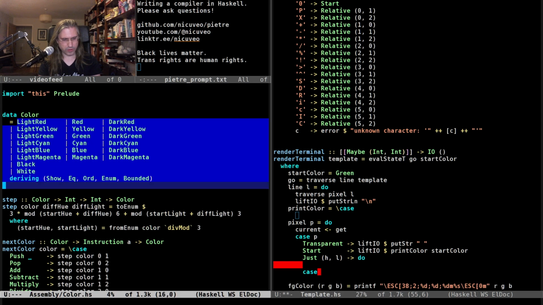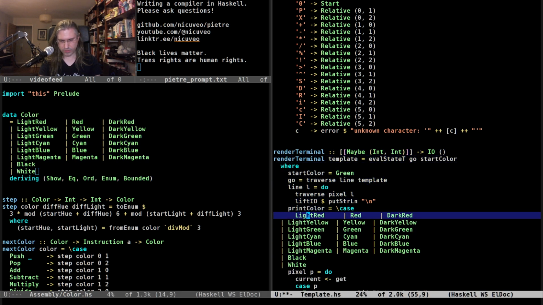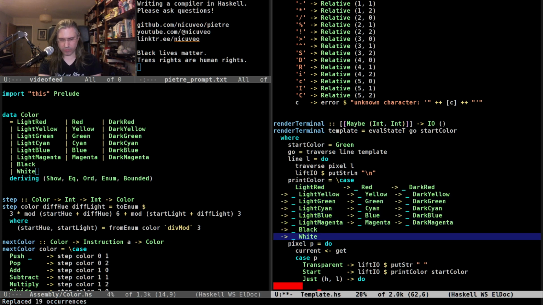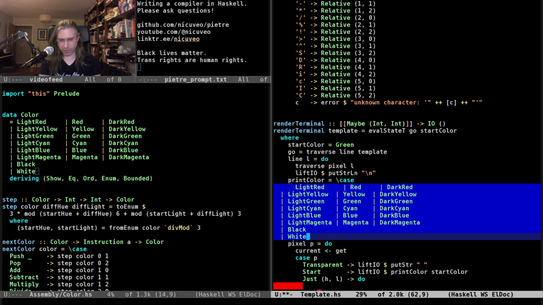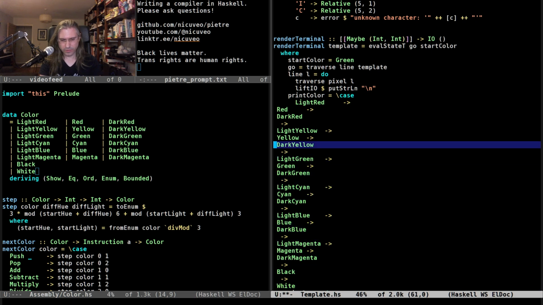Get that big enum here. Oops, I'm wrong. I meant to do this. Yeah, I guess.